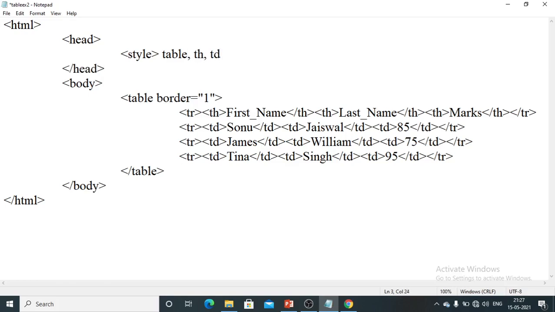th means table header contents, and td means table cells, whatever next order will be there. For border I will assign the value as 1 pixel, solid black color.